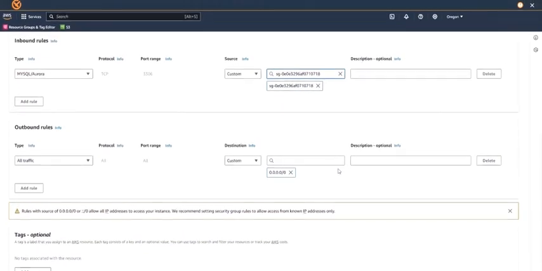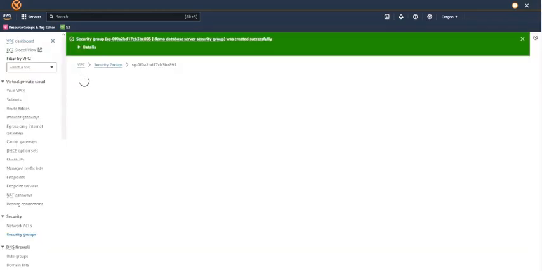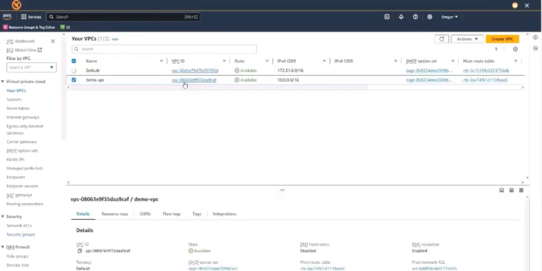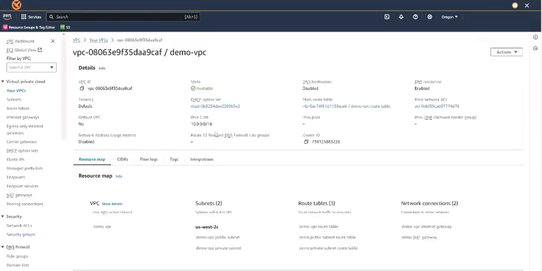Okay. And then select create security group. Okay, and now our database security group has been created. And we have a secure VPC ready to deploy our instances.